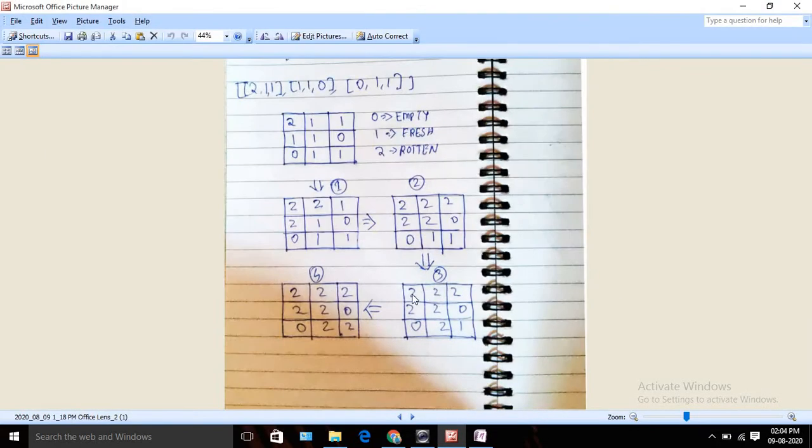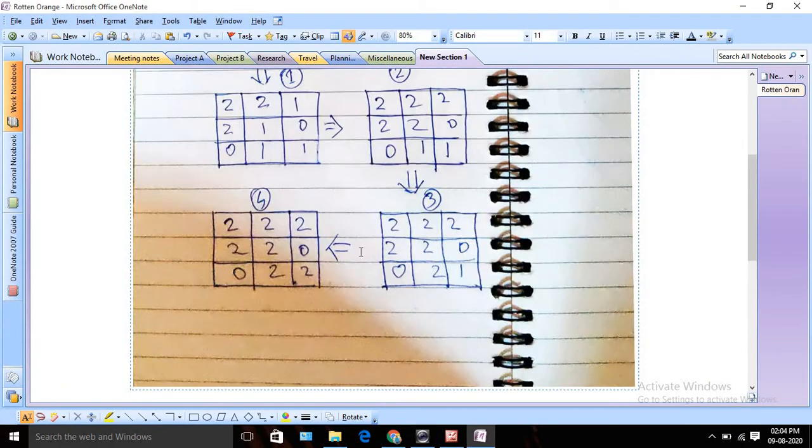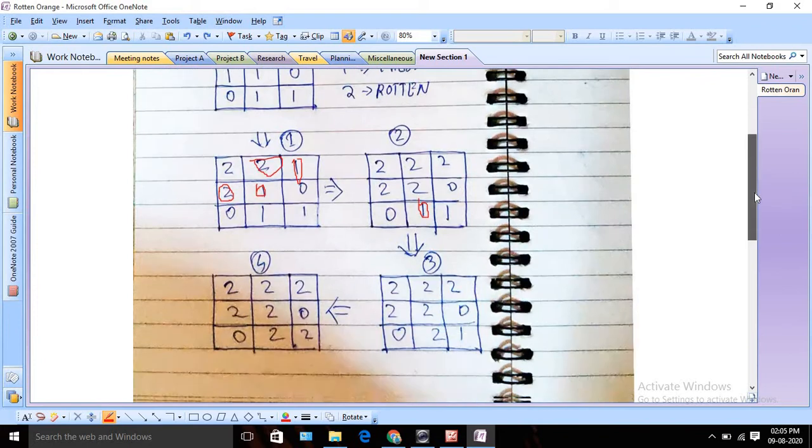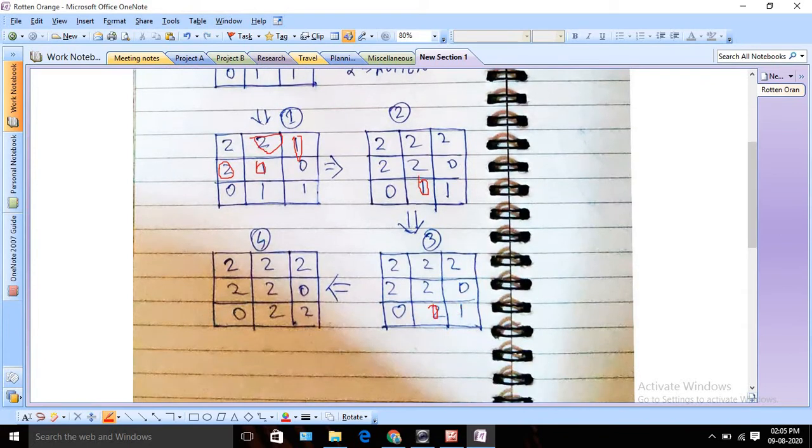So let's go through this example once again and try to find the approach using which we can solve the problem. Basically, it's our initial state. In the first minute, this one will be rotten, and these 2 will become 2 in the second minute. Again these 2 will become rotten, and it will look like this. After that, this will become rotten, and this will also become rotten, since it's adjacent to these 2, in the third minute. And in the 4th minute, this last one also becomes rotten. In the 4th minute we can see there is no more fresh orange, so we can return 4.